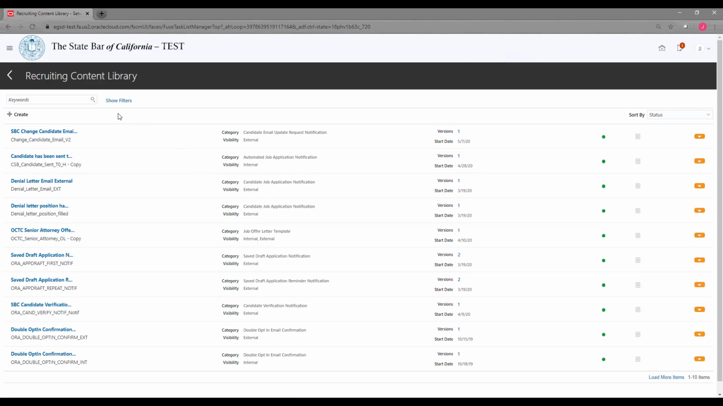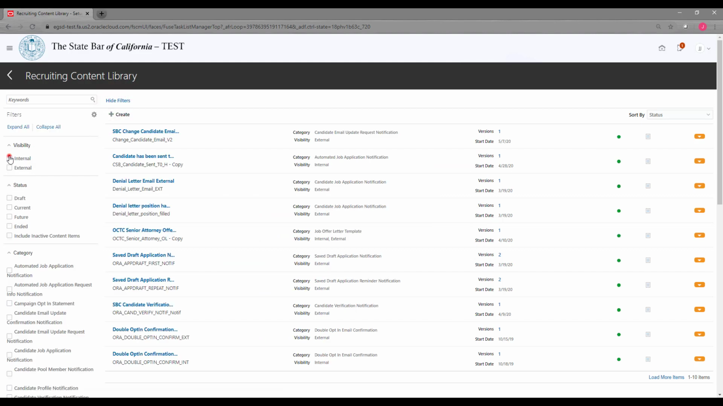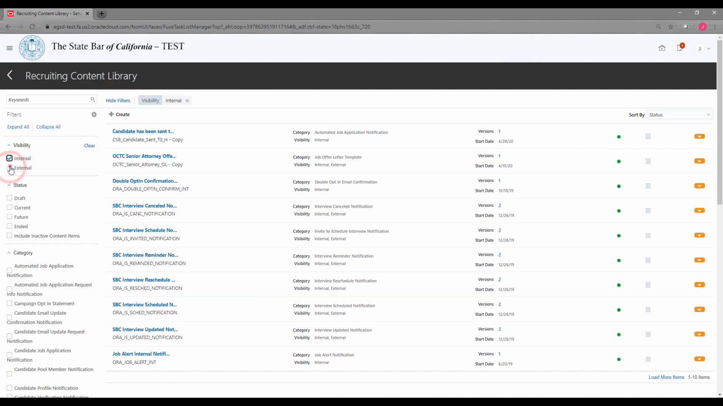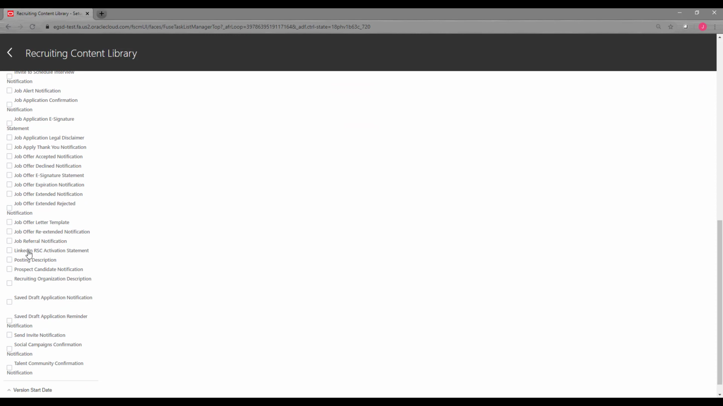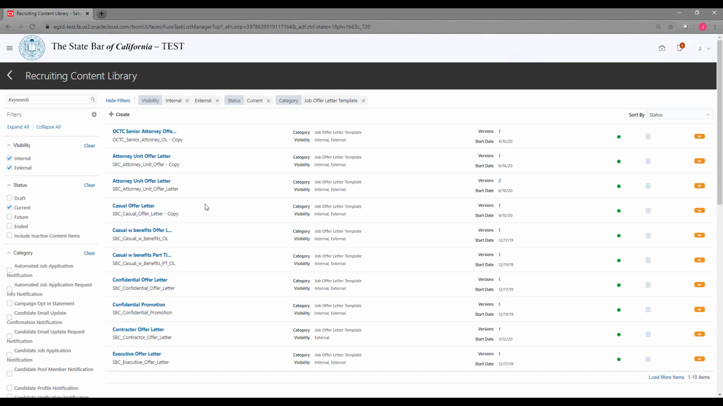Once the library is open, click on Show Filters. Click on Internal and External. This is the easiest way to find a copy of all your offer letters, and then click on Job Offer Letter Template. And this will get you a list of all current, internal, and external offer letters. Identify the offer letter that you want to replace,